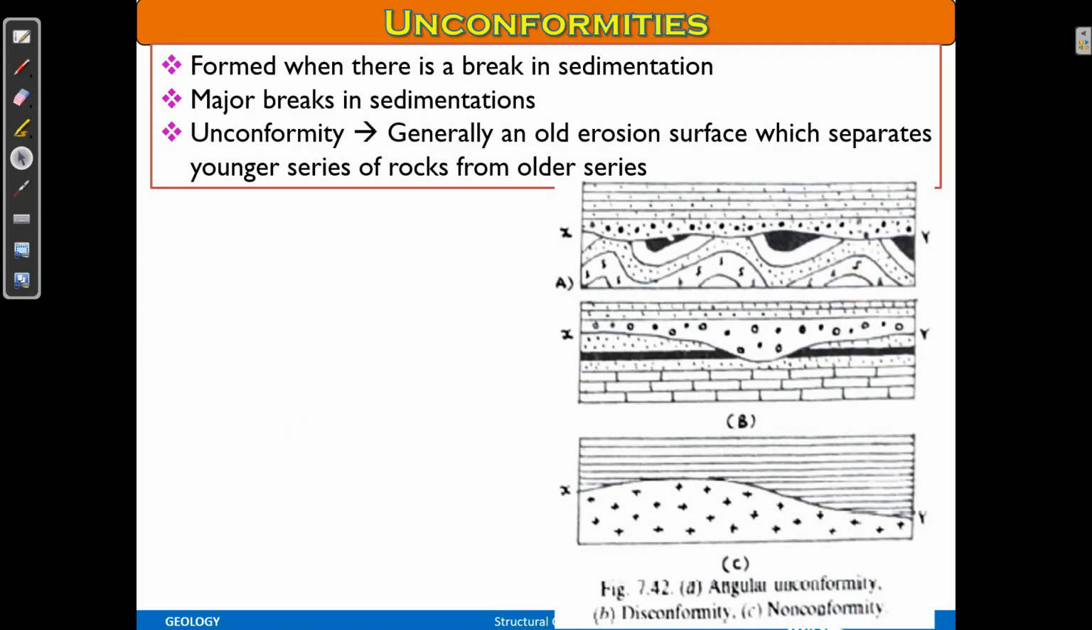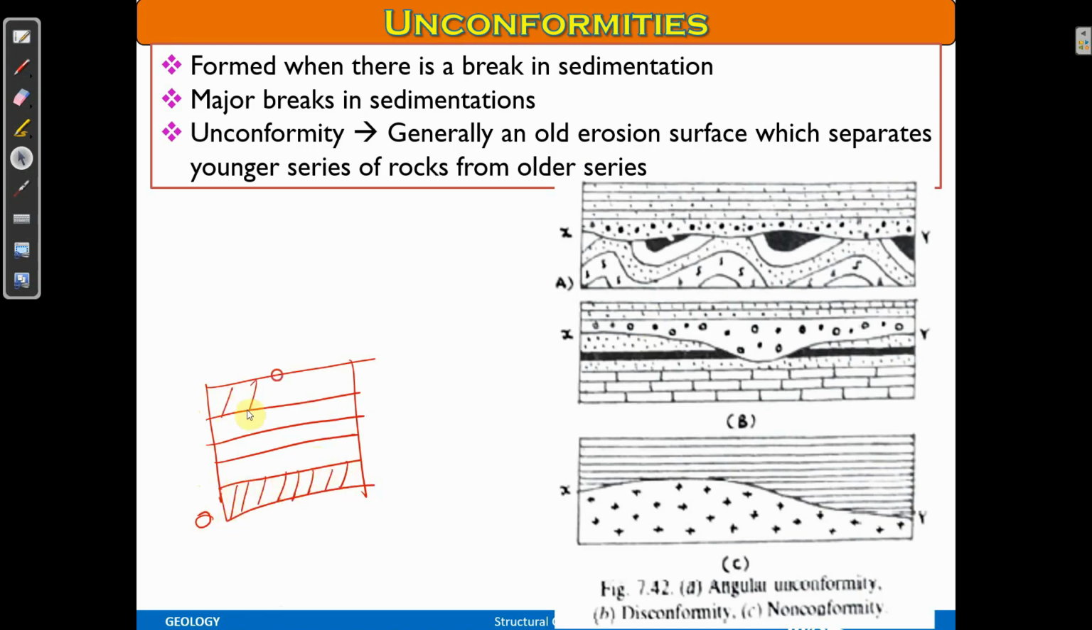Now the last topic of this chapter of structural geology is unconformities. So what do you mean by unconformity? Suppose there is a sedimentary rock or sedimentary deposition happening here. So layer 1, layer 2, layer 3, layer 4, okay? And this strata is the older one and this is the younger one as for now, okay? And suppose these depositions are happening 100 million years ago,